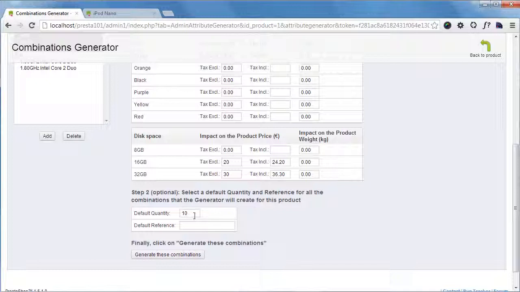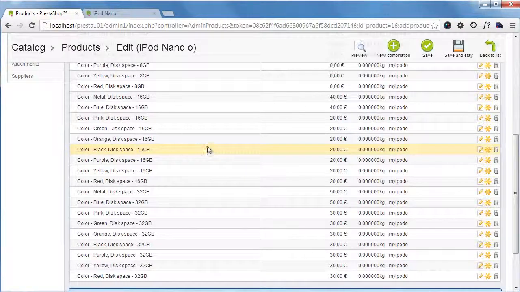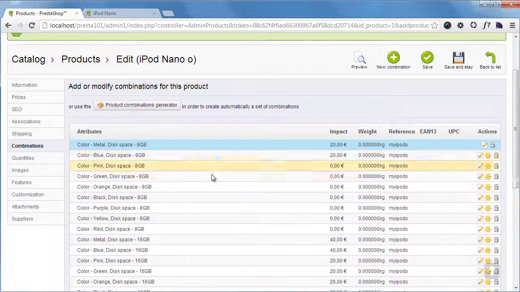Remember, if you set this to 0, unless you set allow orders, people will not be able to order any of this combination. I will also set a default reference, like my iPod Nano, and generate these combinations. Okay, here are all the newly generated combinations, and yes, they are a lot,